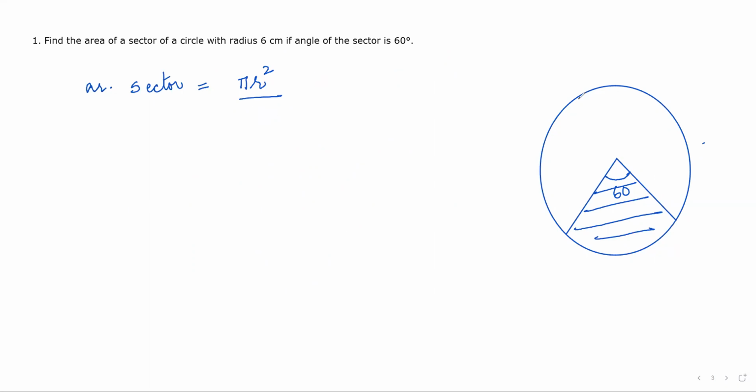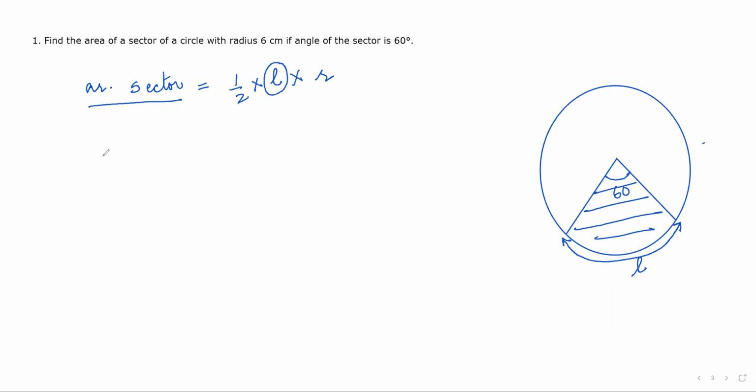So now I know the second formula. The second formula is what? Area of sector is half into length of the arc. Which arc? This arc, students. If you know the length of this arc, then you can easily find the area of the sector: half into L into R. R we already know. Now we want to find out the length of the arc.